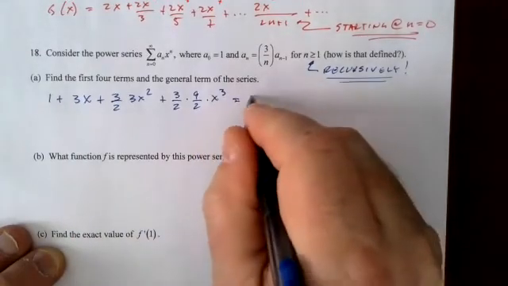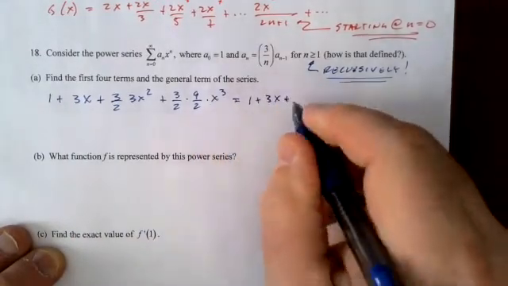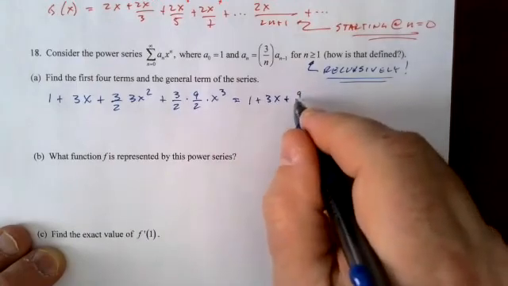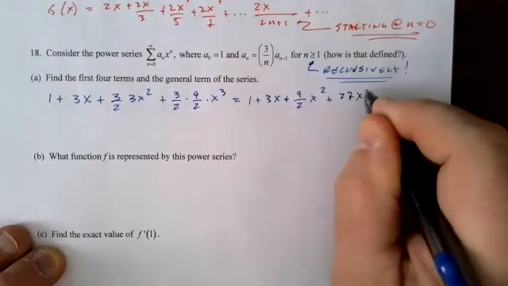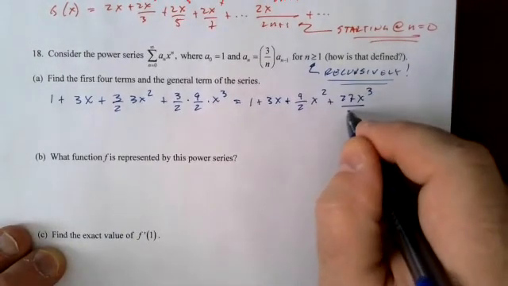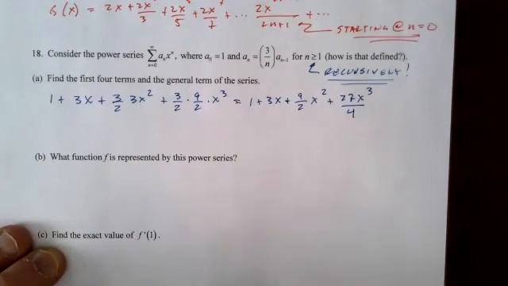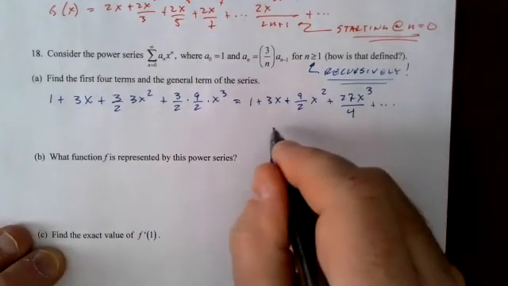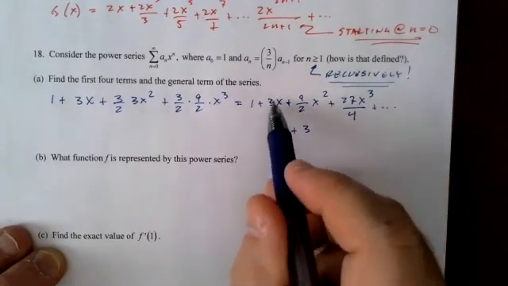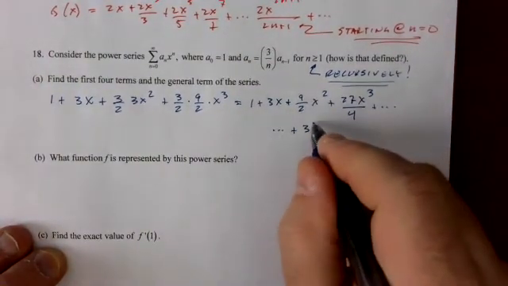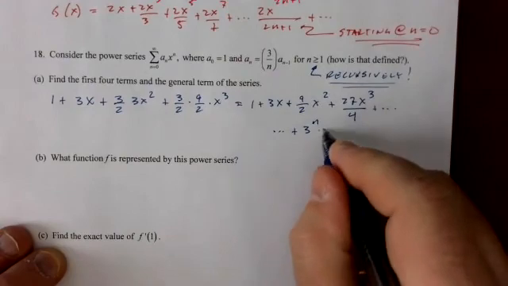So now I've got to go find a pattern. 1 plus 3x plus 9 halves x squared plus 27 x to the third over 4, plus dot dot dot, well, it's 3 to the n, starting at 0, x to the n